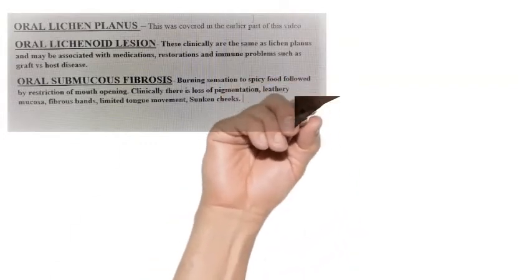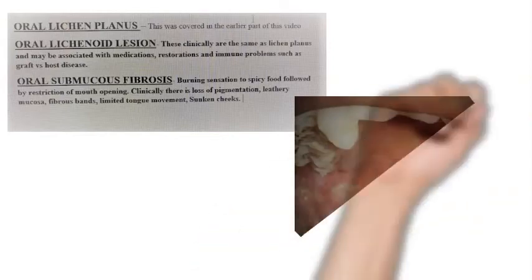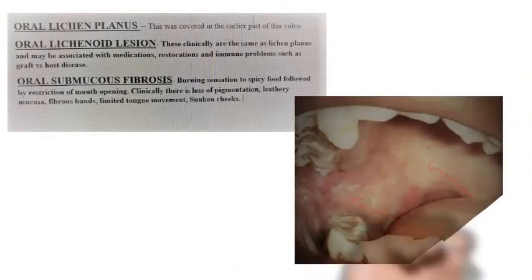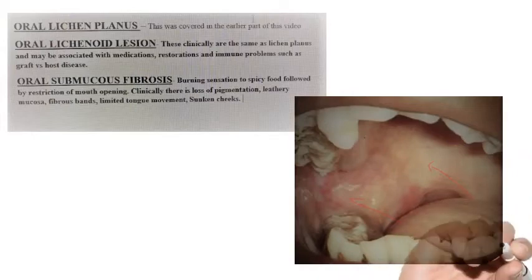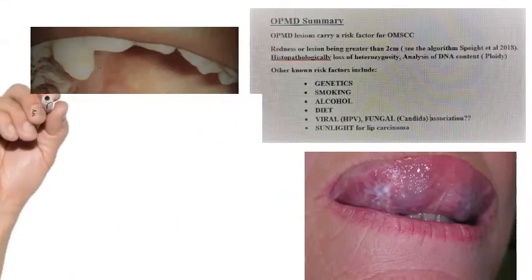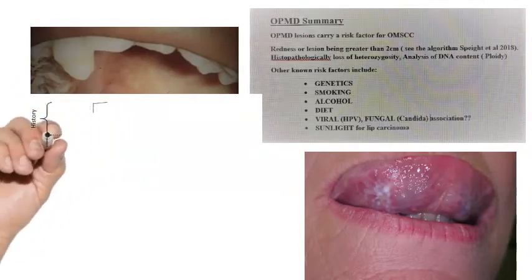Oral lichenoid lesions are clinically the same as OLP but may be associated with medications, restorations or immune problems such as graft versus host disease. Oral submucous fibrosis was also discussed before, but clinically may cause burning, loss of pigmentation, leathery mucosa and sunken cheeks. See clinical photograph. OPMD lesions carry a risk for OMSCC, redness or the lesion being larger than 2 cm increases